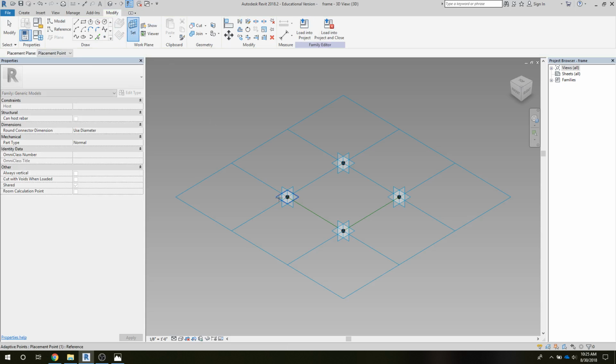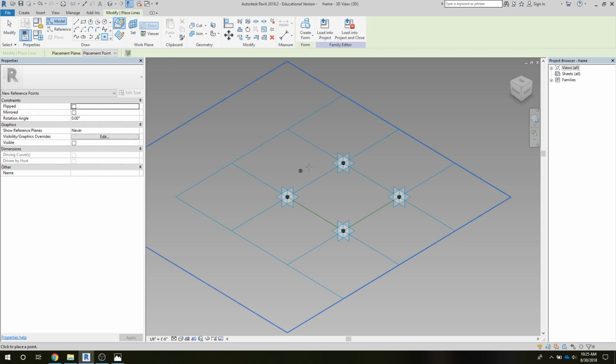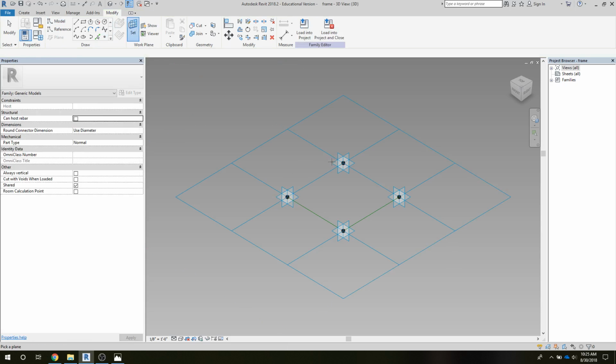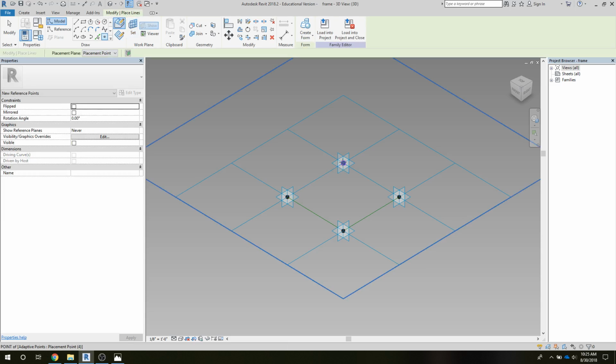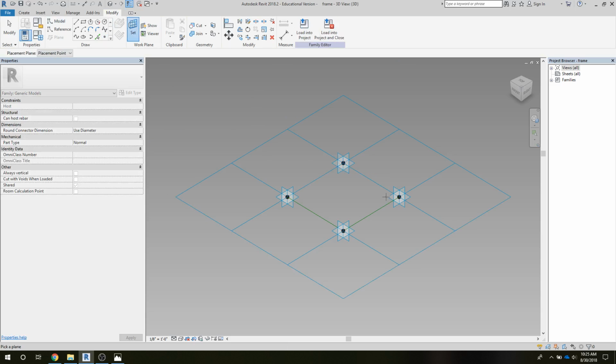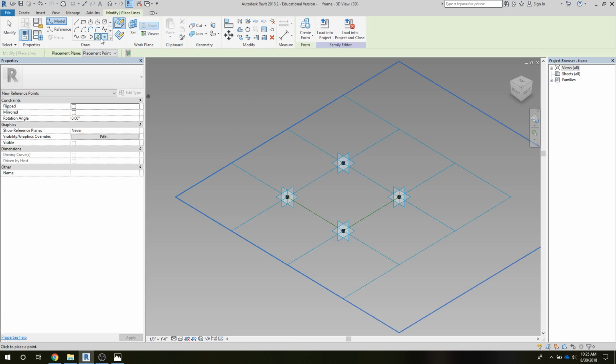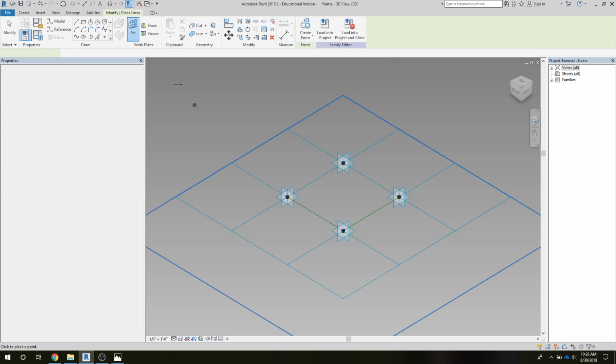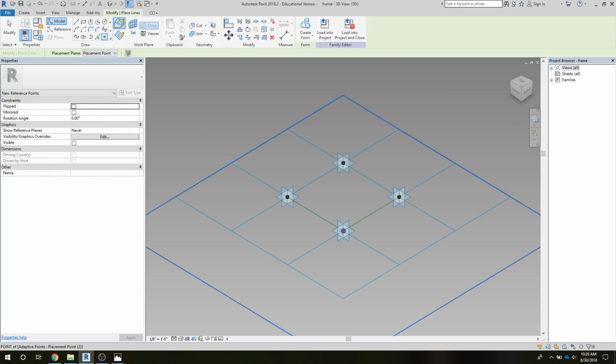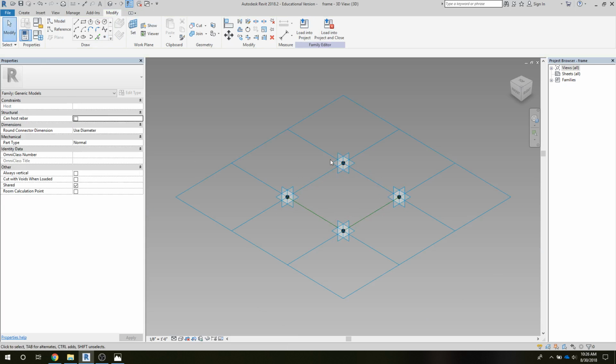So I'm going to go ahead and set a work plane, place a point, set a work plane, place a point, set a work plane, and place a point. So now I have a whole bunch of items all overlapping each other, and the quickest